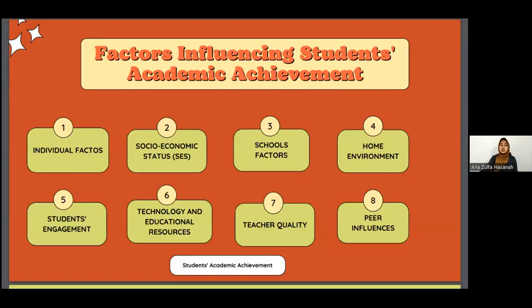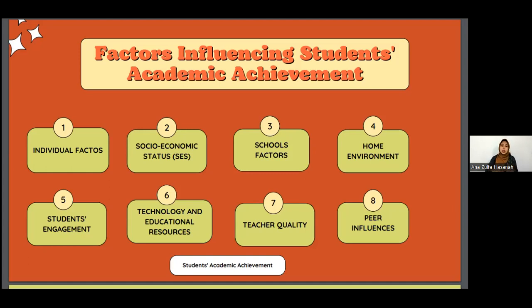And we jump to the factors. What are the factors that influence students' academic achievement? Here are around eight factors influencing students' academic achievement. The first is individual factors, then socioeconomic status or SES, school factors, home environment, students' engagement, technology and educational resources, teacher quality, and the last is peer influence. To make it simple, I just want to explain the highlighted factors that influence students' academic achievement. So for the SES,